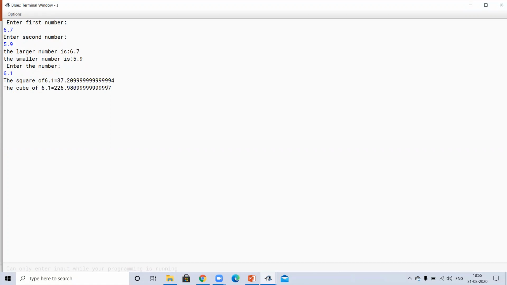Obviously it will be little bit more, 37 point this, and cube will be 6.1 times 36 point something. So it will be little bit more than that also. This is the square and this is the cube of 6.1. Okay. So in this way you can find out the square and cube of any given number.